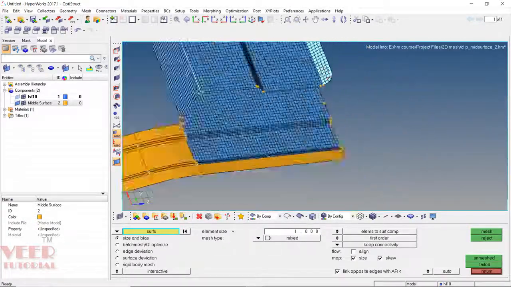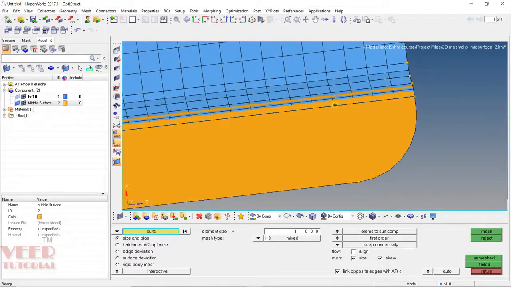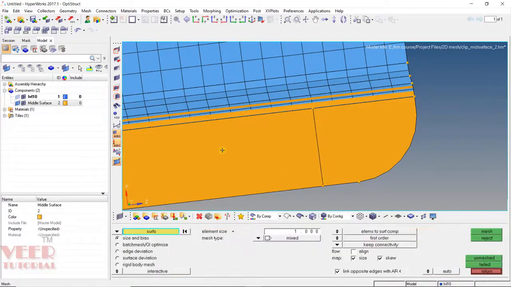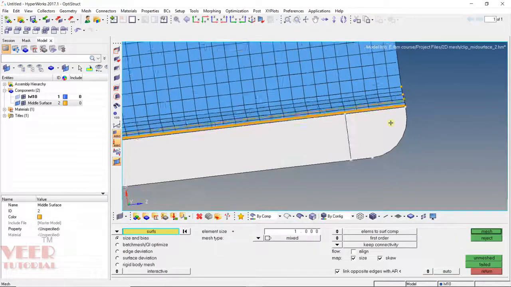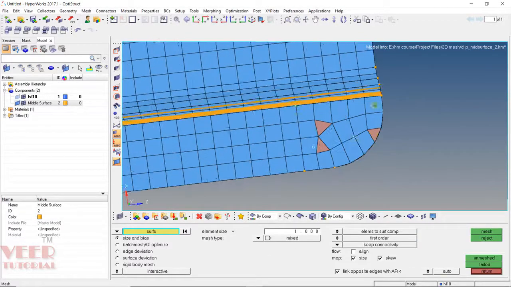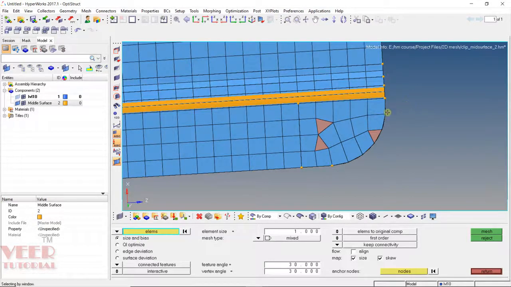Once again, whenever we have a curved surface here, it is much better to split the surface. So split it, F11, and then from this node up to this edge, and then do the mesh, F12, and then select the surfaces, zoom out and press escape. Here we can see the mesh is not proper. We can improve this by using the remesh. So go to element, hold down the shift key and then select all these elements and then do the remesh